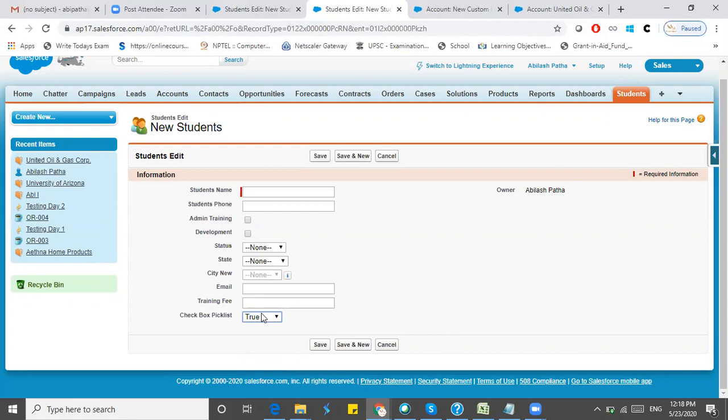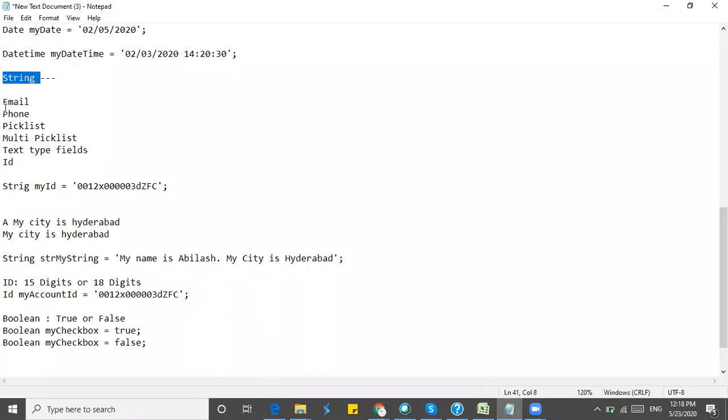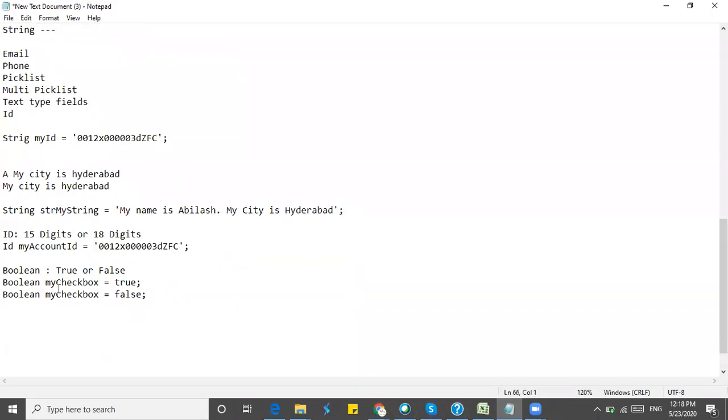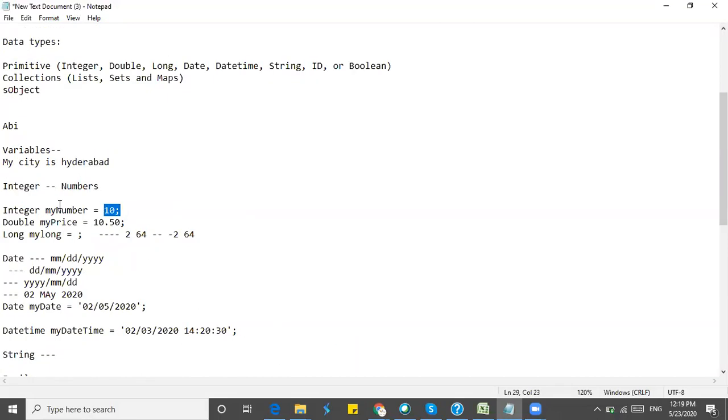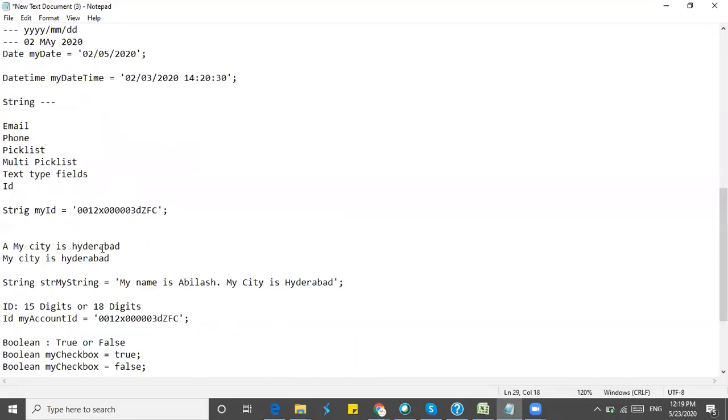But we have something called conversion. We can convert any data to string. Let's say I have an integer with the value 10. 10 is a number. We can convert this value to string and save it in a string type.